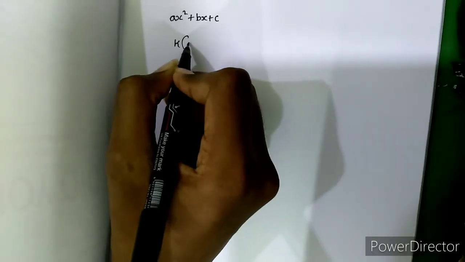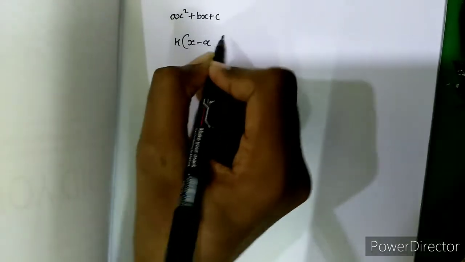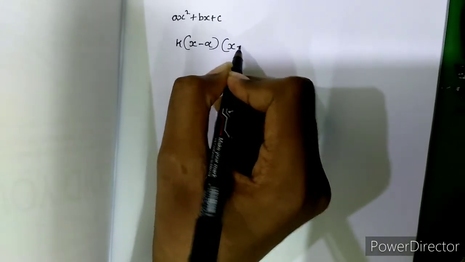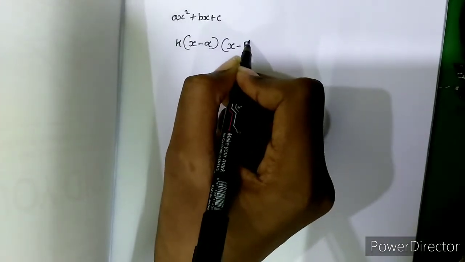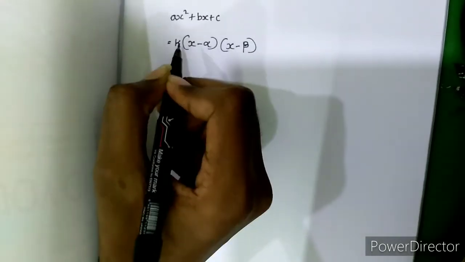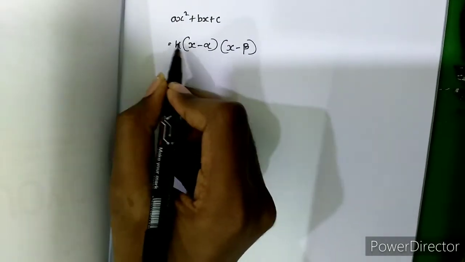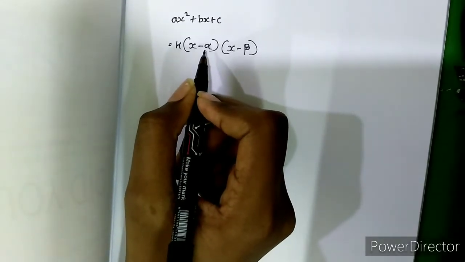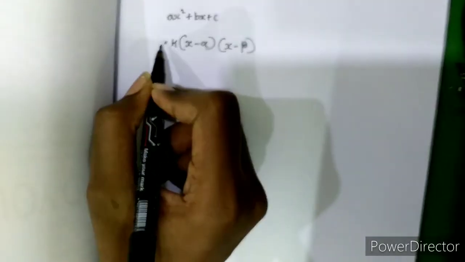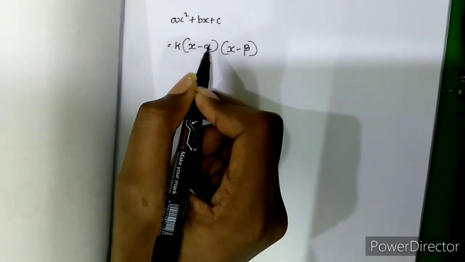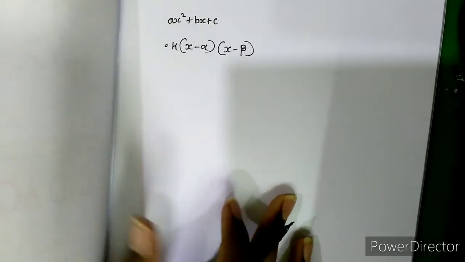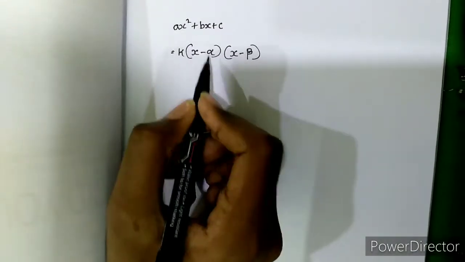k of x minus alpha of x minus beta. See, if I explain what this is, some members may not understand. So if you remember this single statement, you can derive the total relationship between the variables and coefficients of the quadratic polynomial. Now we need to equate both,